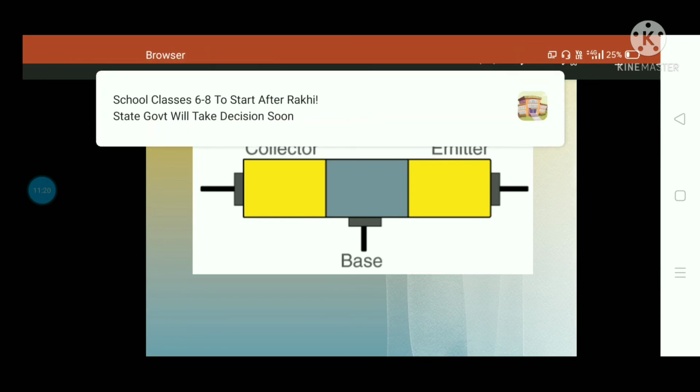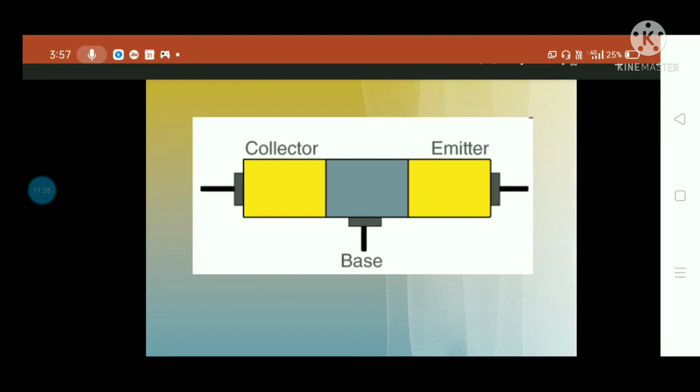A transistor is an electronic component. You can see a transistor consists of two PN diodes connected back to back. It has three terminals, namely emitter, base and collector. The basic idea behind a transistor is that it lets you control the flow of a current through one channel by varying the intensity of a much smaller current that's flowing through the second channel.